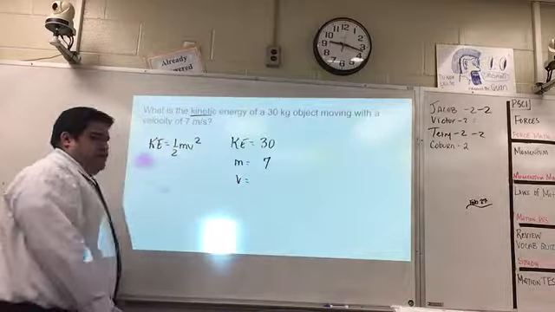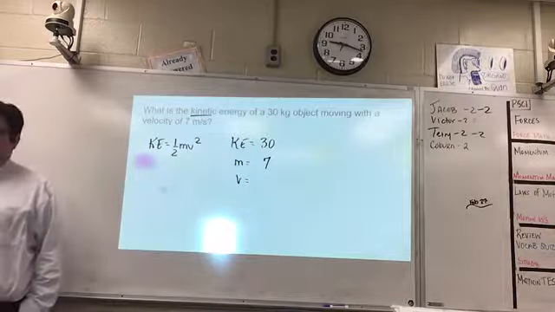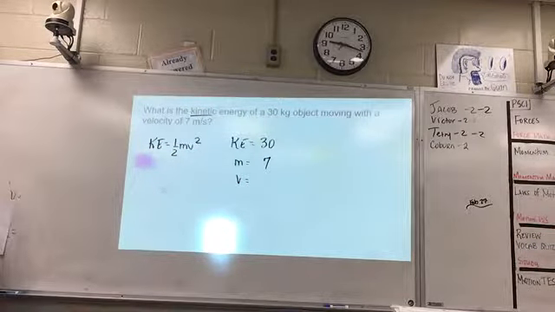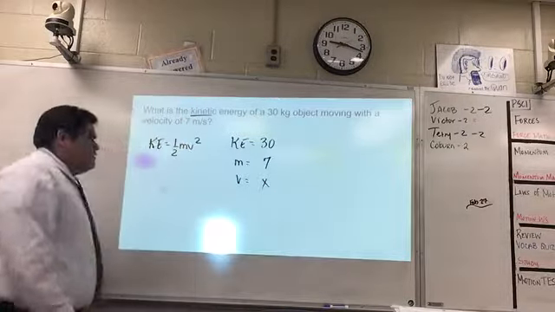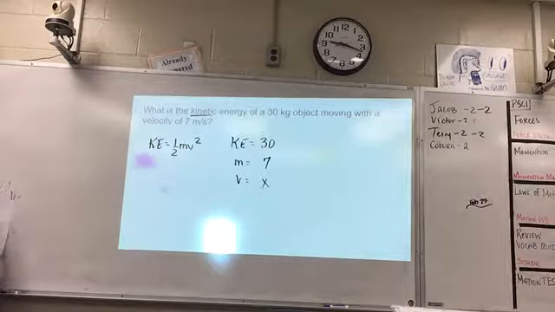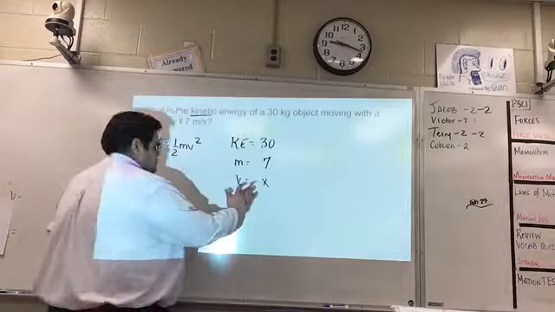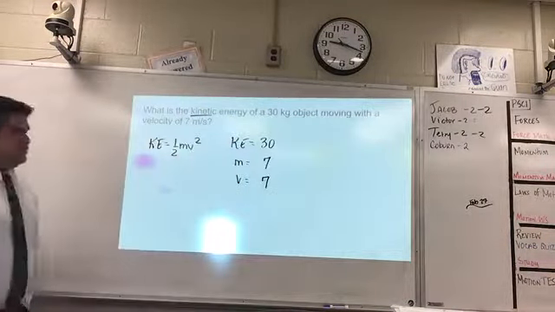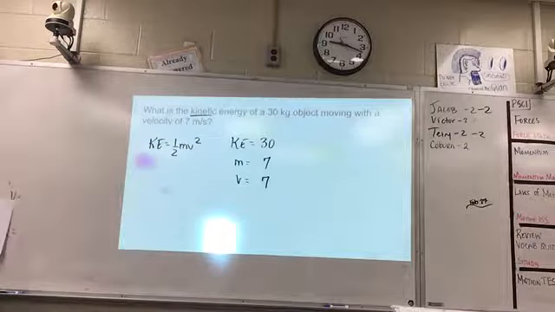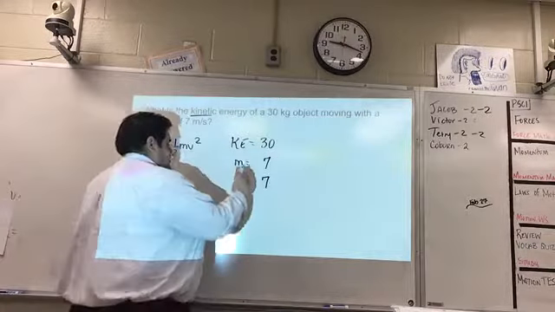And Victor, what am I going to put next to V equals? You're going to put the 7. Kilogram is mass, so you've got to switch. The 30 is